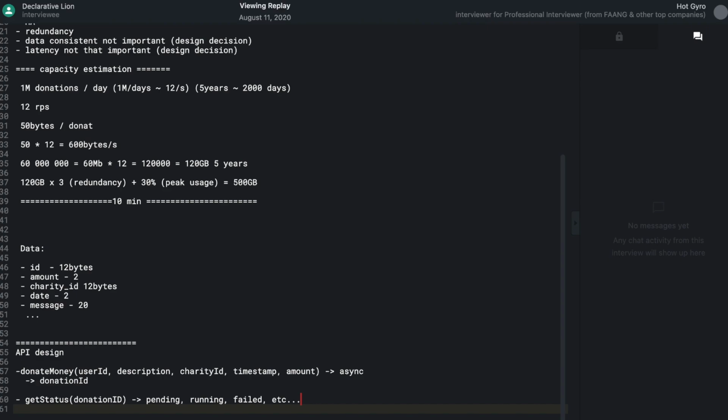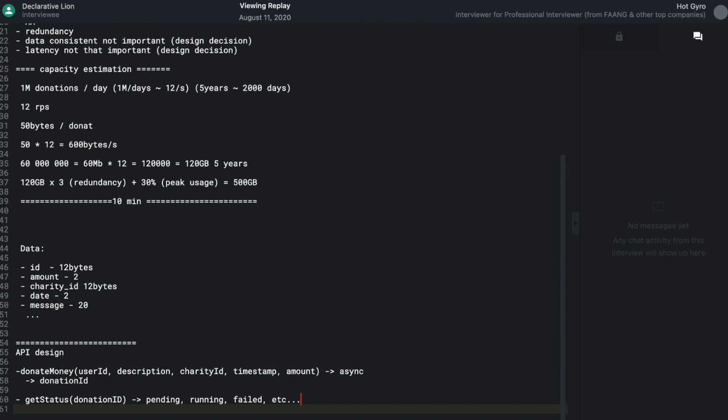So you could have a table of just the users, right? Anytime a new user comes in, you just add an entry to that table, like the user table, and the return could be the actual user ID, randomly generated, right? So that's one option. The other question I asked you is how do you shard that database? Again, a very common question on NoSQL databases. How do you shard it?